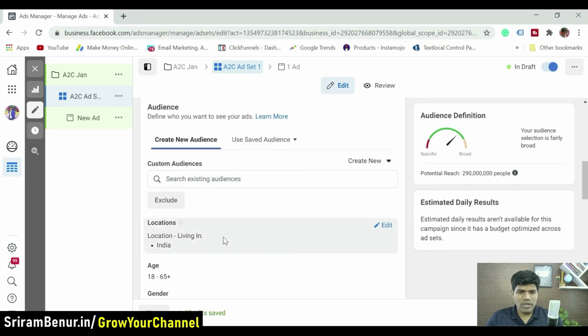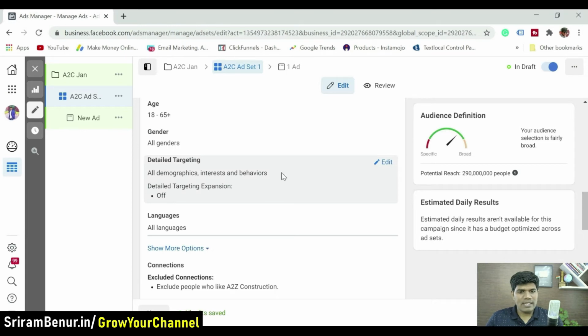I really don't want to exclude anyone. For now, I'm just going to consider the location as India. Then probably later I'm going to focus on other regions. Age, I'm just going to leave it as 18 to 65. So you can see here with this criteria, it is saying that roughly 29 crore is the number of people this ad can reach, right?